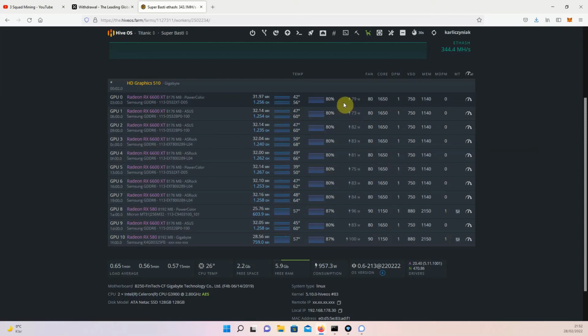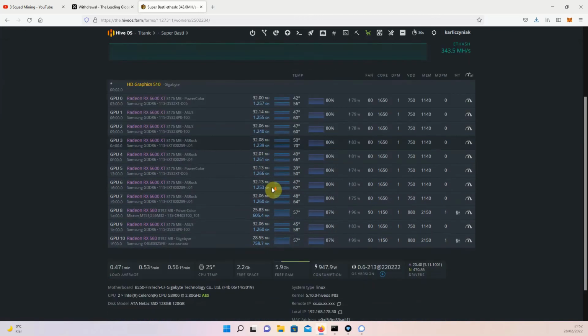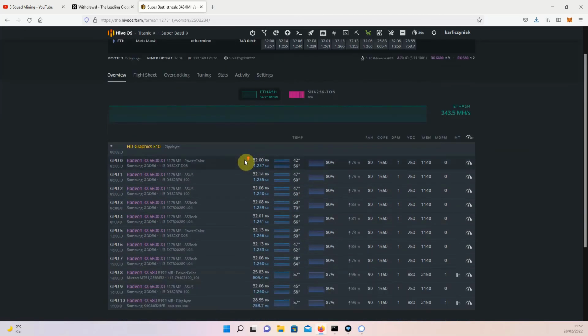But for that 10 to 15 watts, we're getting approximately 1.25 gigahash of TON, making this rig deliver some 12 to 13 gigahash of TON, which far exceeds what I thought an AMD card would be